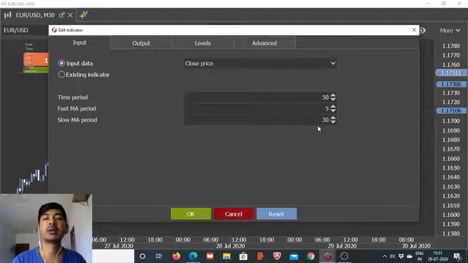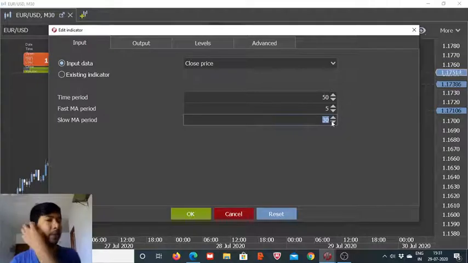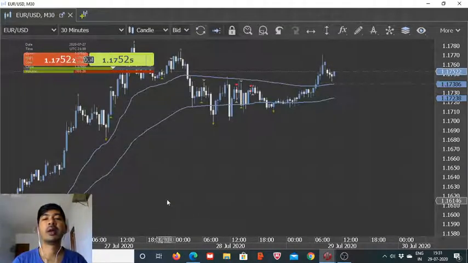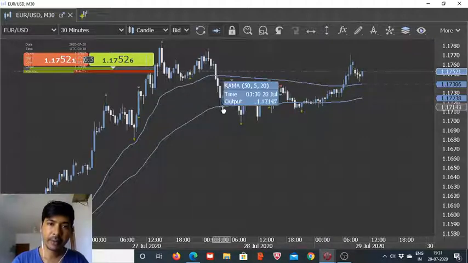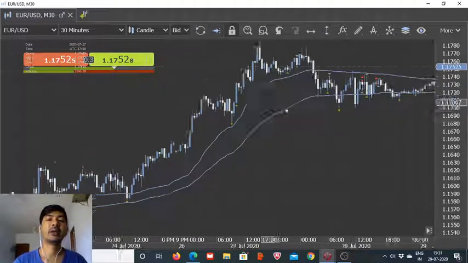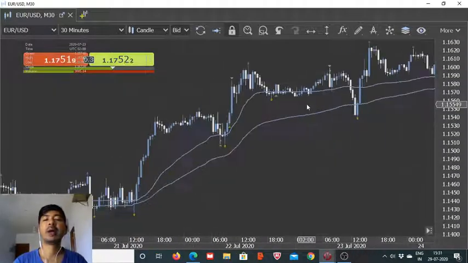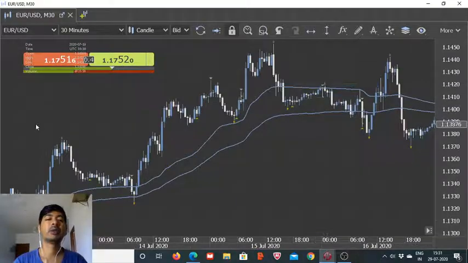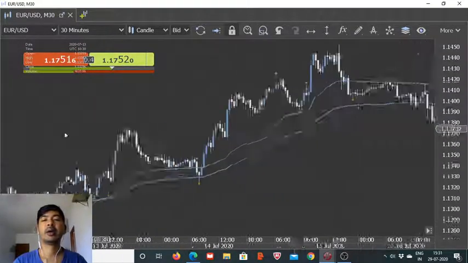Now again let us try changing the slow MA period. Suppose if we make it 20, then also a whole lot of difference comes in, and now the KMA has got drawn closer to the price action here. Earlier we had on the lower side, and now it has converged with the price action, and here we have this KMA,